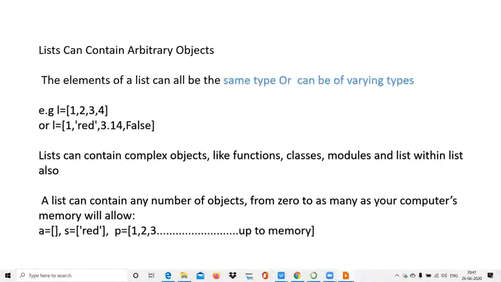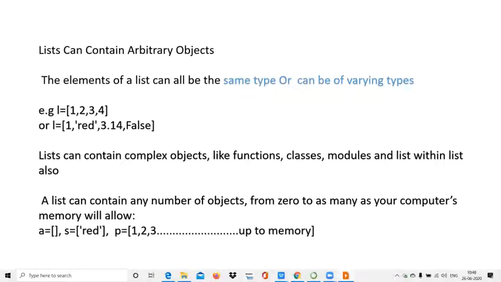But in a list, how can you build an array? If you put the same type of elements in a list, that will behave like an array. So in Python, it is your duty whether you want to treat this as an array or not. In a list we can put everything, either integer or character.